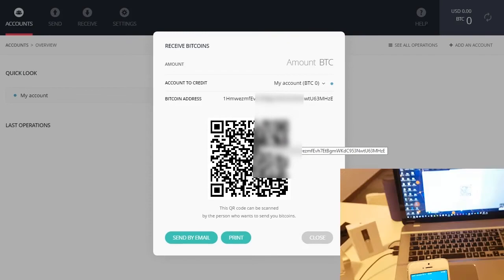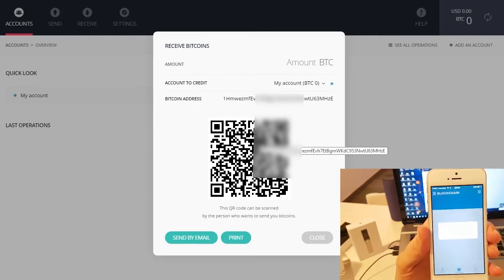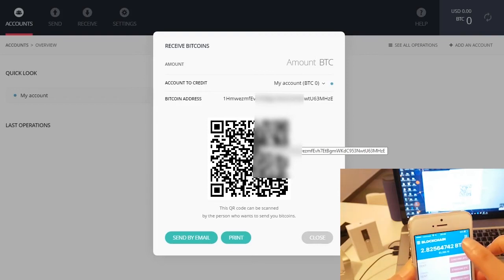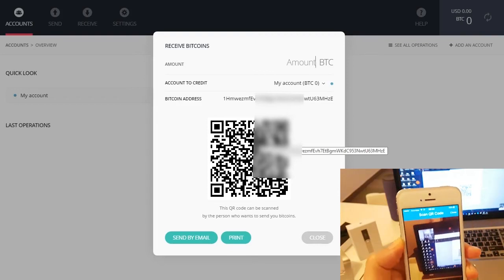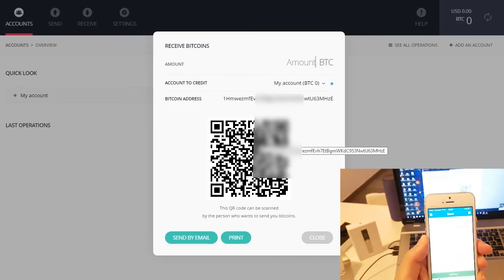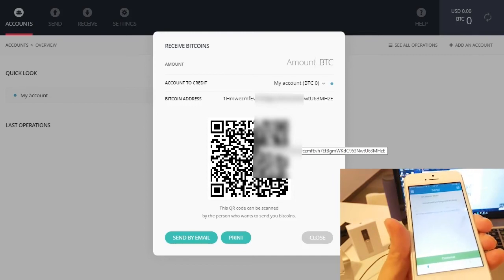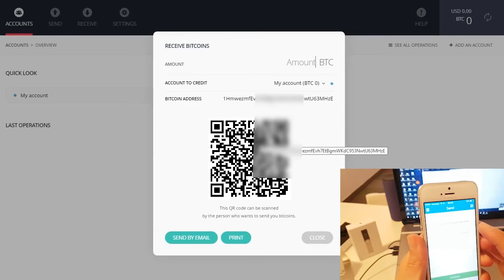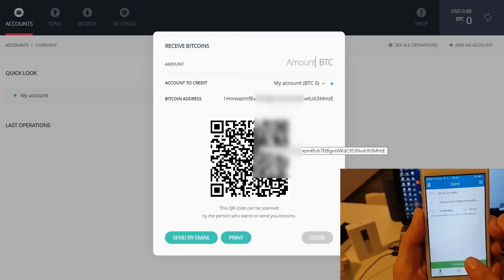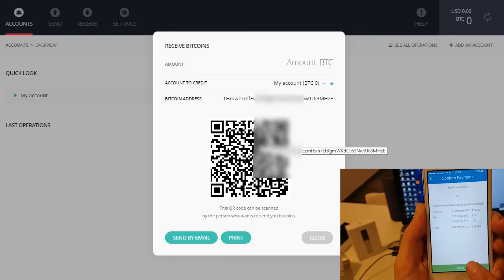as I said. So first I need to log into the blockchain app, and now I'm going to select this button here to scan the QR code. I'm going to scan it, and then I'll be prompted to send money to this address. Now I'll need to select how much I want to send. Okay, and now I just need to press continue. I will confirm it,